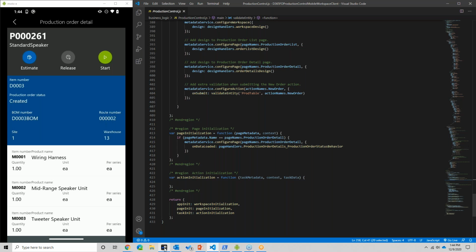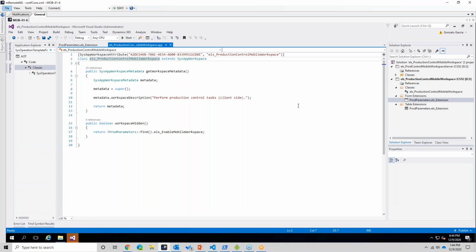So I'm going to be opening here. I'm going to be remoting to my environment, which is hosting my application. As you can see here, I have created a very simple example. I have a class called ELS Production Control Mobile Workspace. As I mentioned before, it is decorated with the GUID of the mobile workspace we were working with, as well